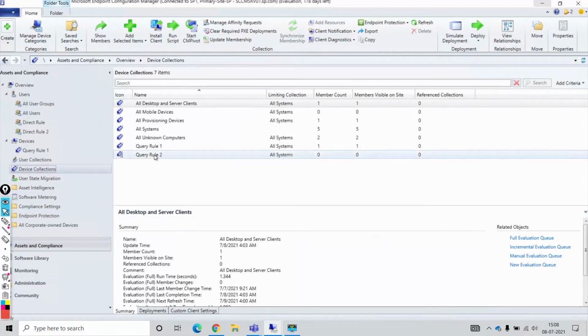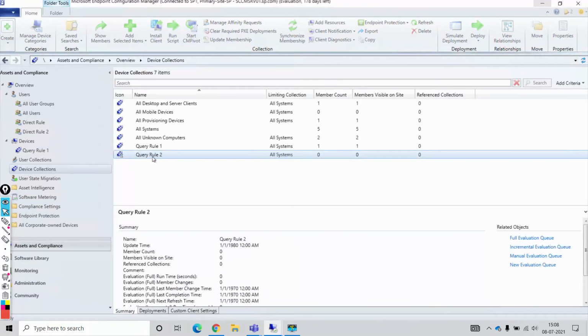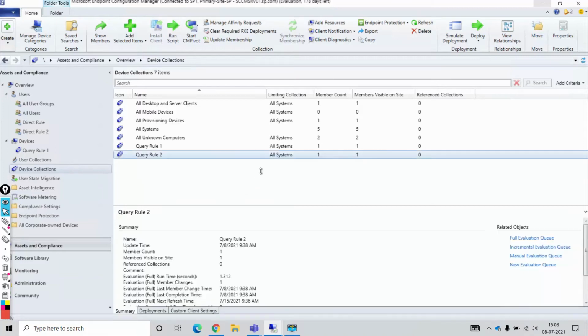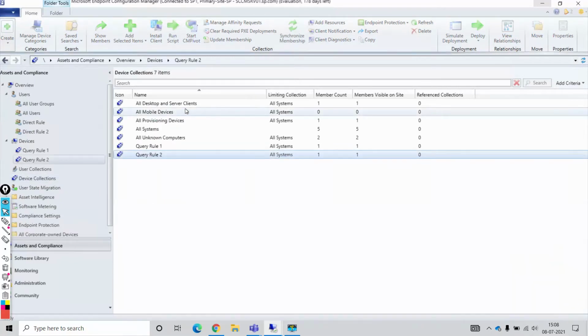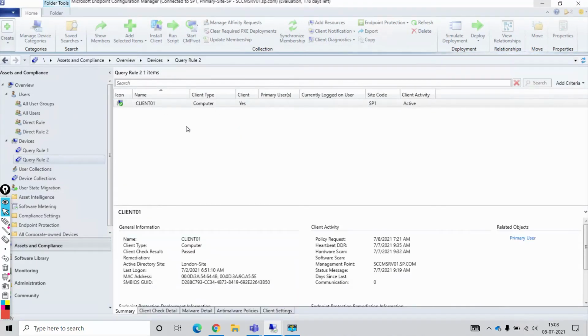So now if I go to this query, I'll refresh it. So again it will show our client one machine only because we have only one client. Let's say if I then go to show members, right click, show members. It is showing only one client computer.